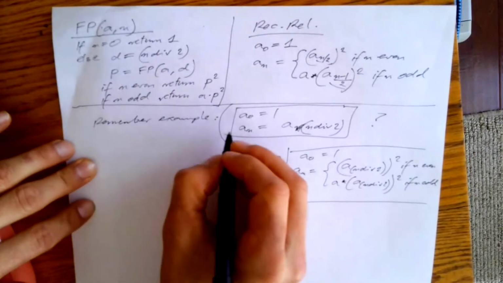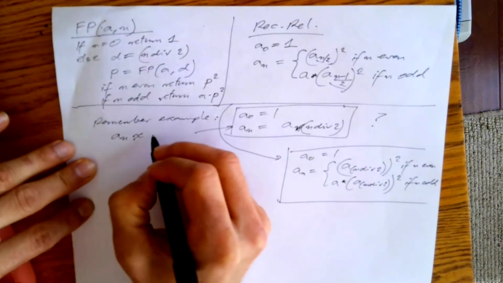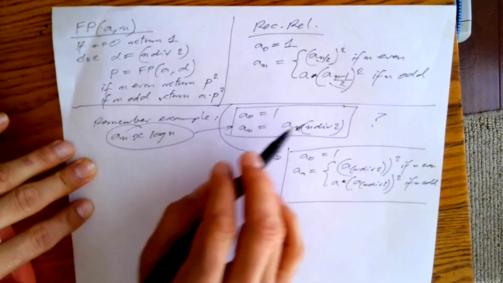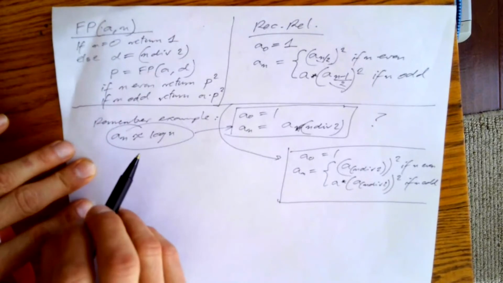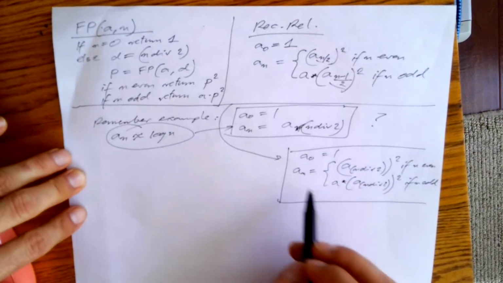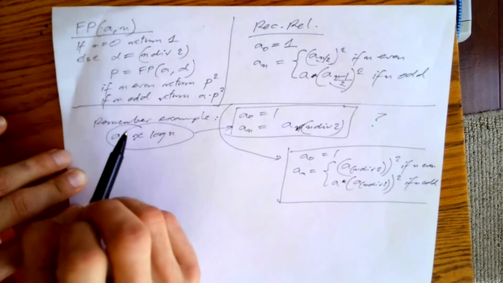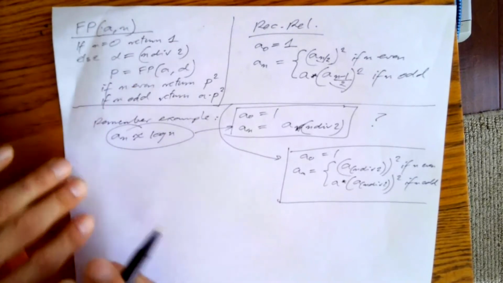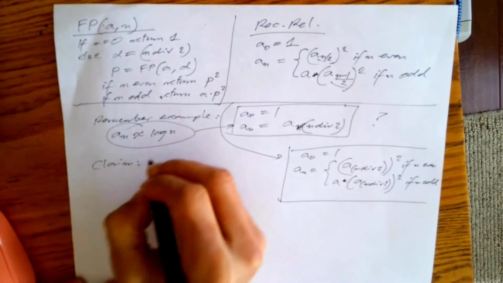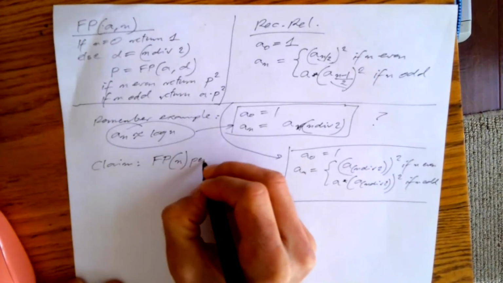In this example, an was about log n. That was the conclusion. This type of sequence grows logarithmically. The same reasoning will show you that this code performs a logarithmic number of multiplications. Okay, so claim: fp of n performs